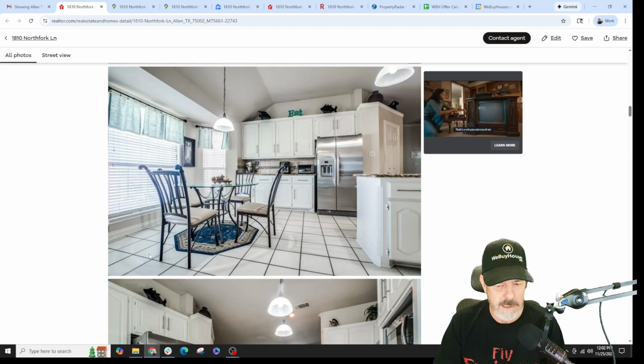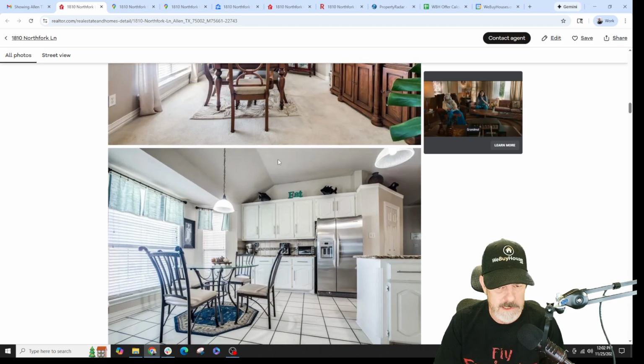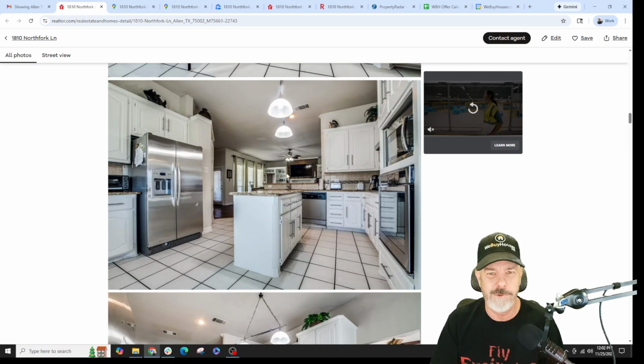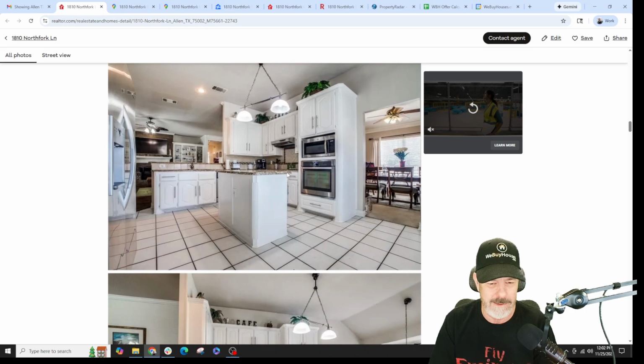And a nice clean white tile in the kitchen. Really nice. So nice. Unfortunately, we can't afford this one. Not as an investor. Now, if you want to go live in Allen, you know,